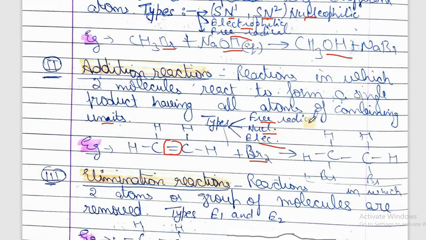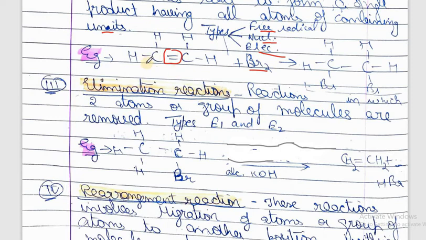In free radical addition reactions, the free radical is the starting reagent, in nucleophilic addition, the nucleophile is the attacking reagent, and in electrophilic addition, the electrophile is the attacking reagent. So the type of attacking reagent decides the type of reaction. So next is